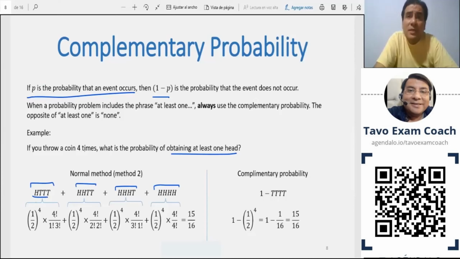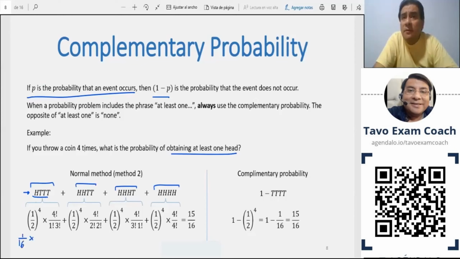But after you do this, you need to do the last step, step number 3. You multiply the probability of this sequence by the number of times that this sequence of letters can be rearranged, which is 4 factorial divided by 1 factorial and 3 factorial. The same should be done for all the cases, and you see it's a little bit different in each case. So here you get